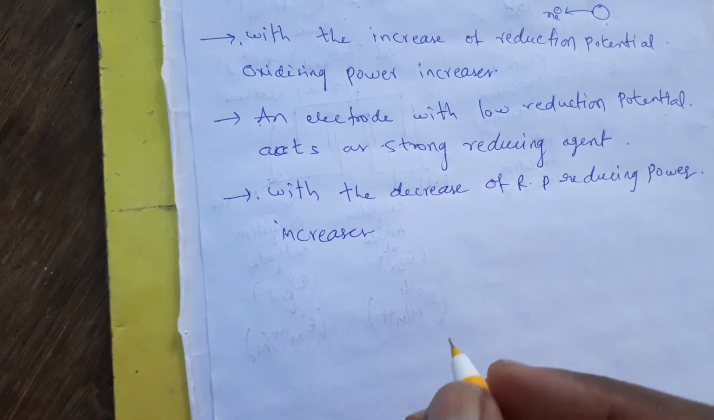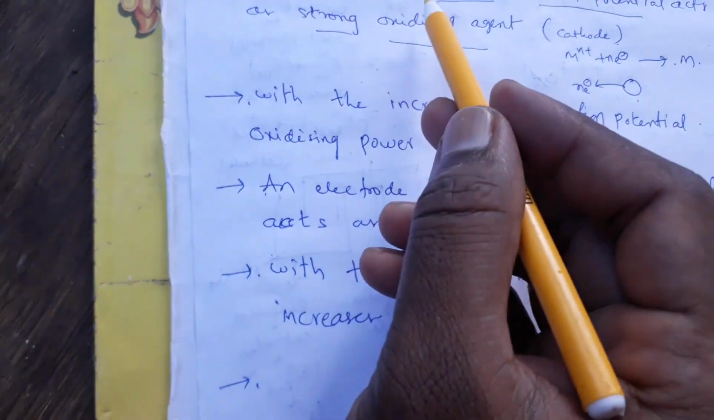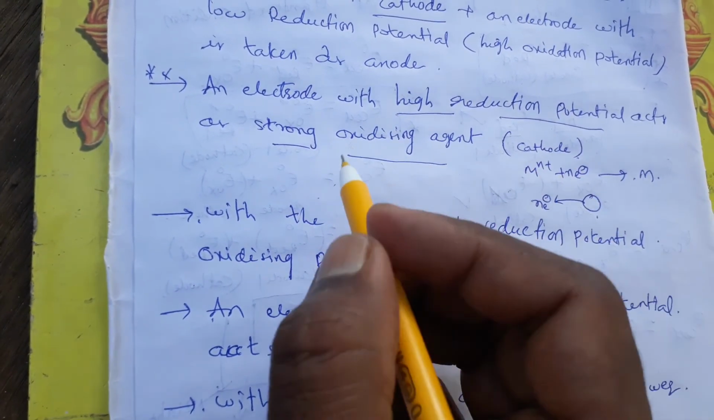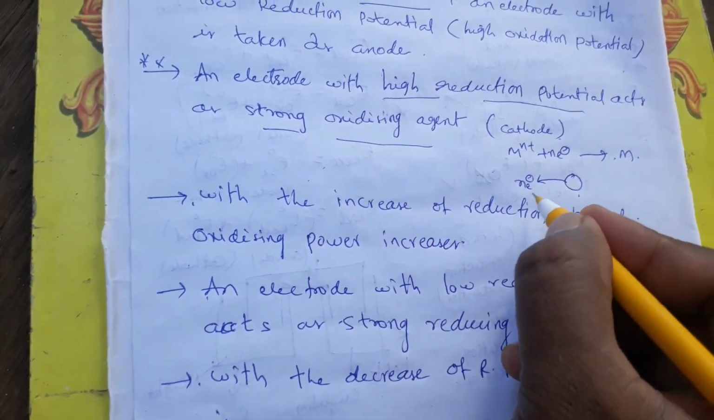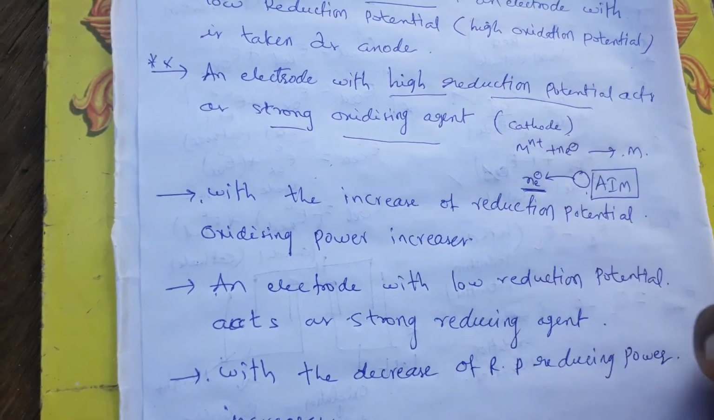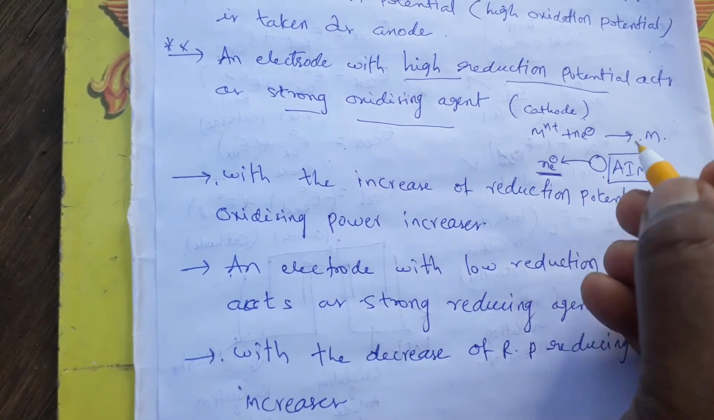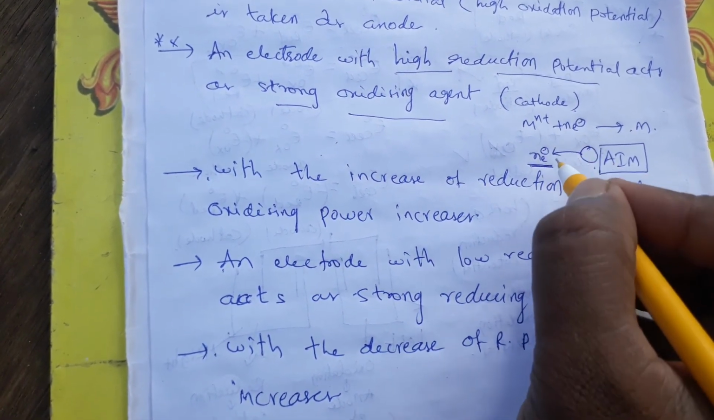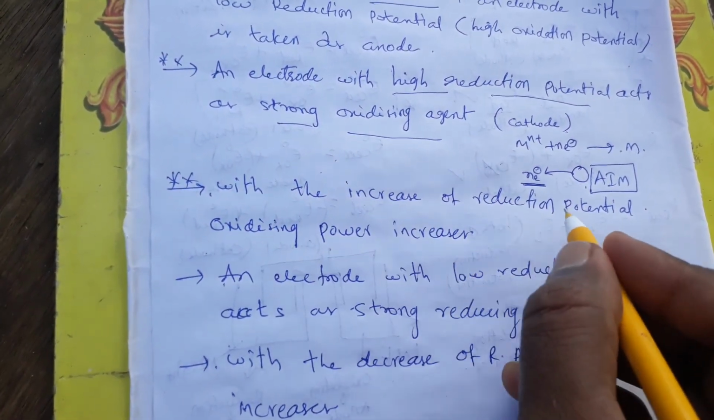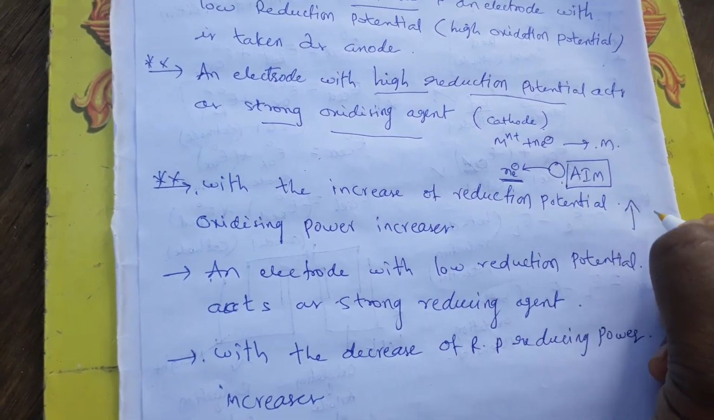So here we will see what these points are. First, an electrode with high reduction potential acts as a strong oxidizing agent. That means it pulls electrons from other atoms or ions or molecules. That means it acts as a strong oxidizing agent, meaning this atom or ion undergoes oxidation. Next, with the increase of reduction potential, oxidizing power increases. That means if I am increasing the reduction potential,